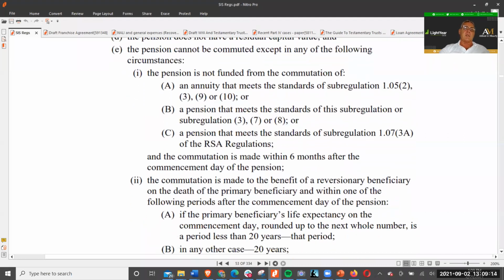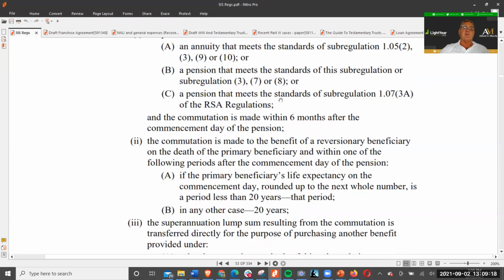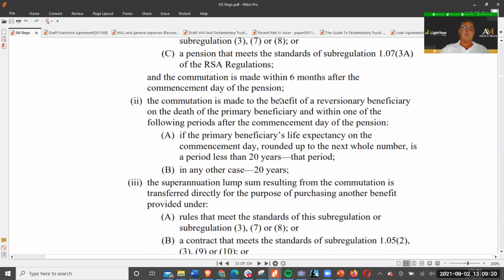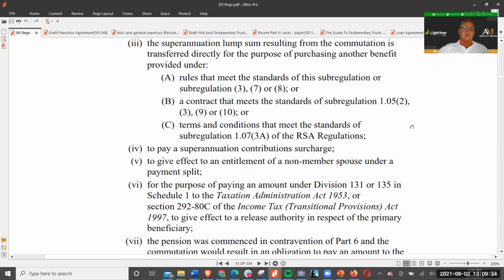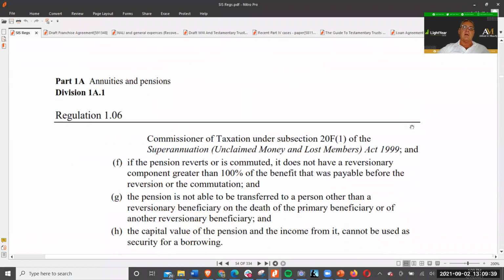Except in the following circumstances: that it goes into another pension, and the commutation is made within 6 months after the commencement day of the pension. Or the commutation is made to the benefit of a reversionary beneficiary on the death of the primary beneficiary. And again, they can pay it out as well. So you can actually start to see that it talks a lot about